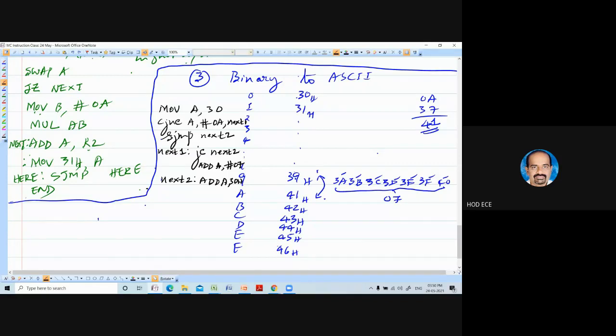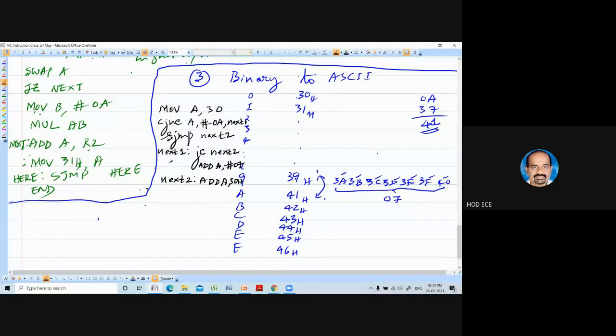There you are adding just 30. That's all. So you have converted. Suppose if there is no carry, it means it may be equal or it may be more. Then you have to add extra 7. So 37, no? So 7 you have to add extra, then you have to add 30. That's all.